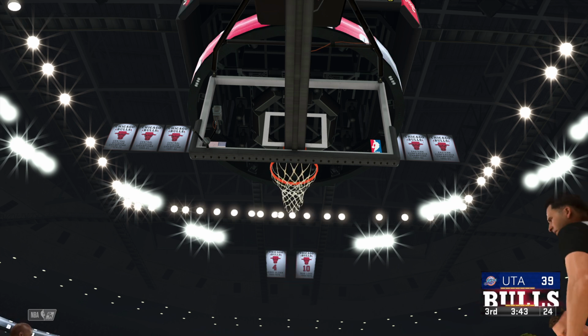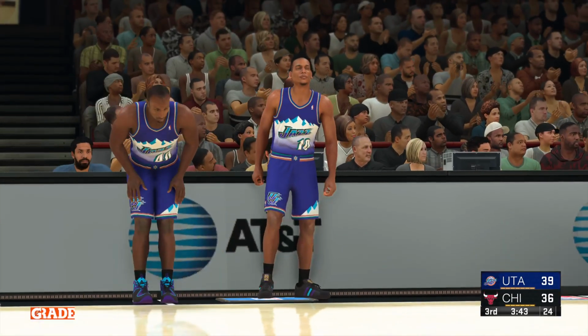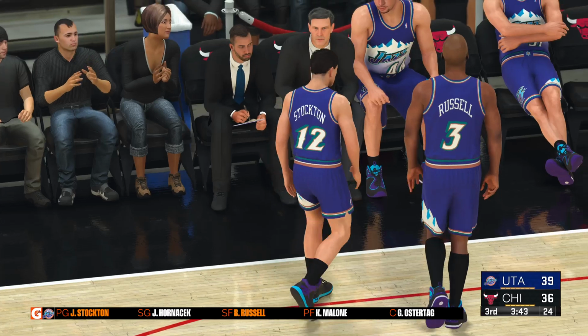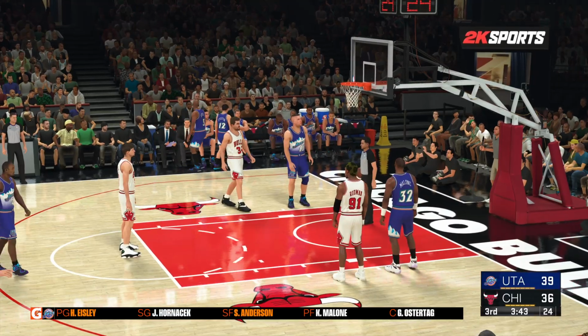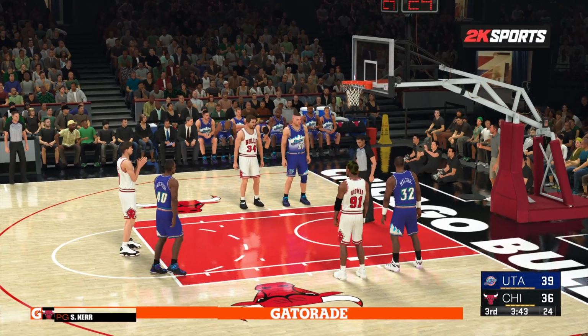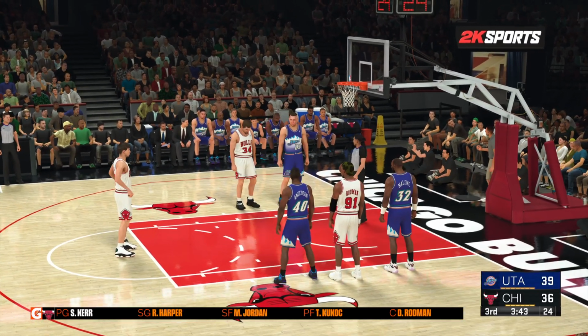That's good from Kukoc. And the Croatian swingman Kukoc, a valuable, multifaceted player who can do a little bit of everything. Wennington, he's checked in for Chicago. Anderson, he's checked in for Utah. Isley comes in for Stockton.